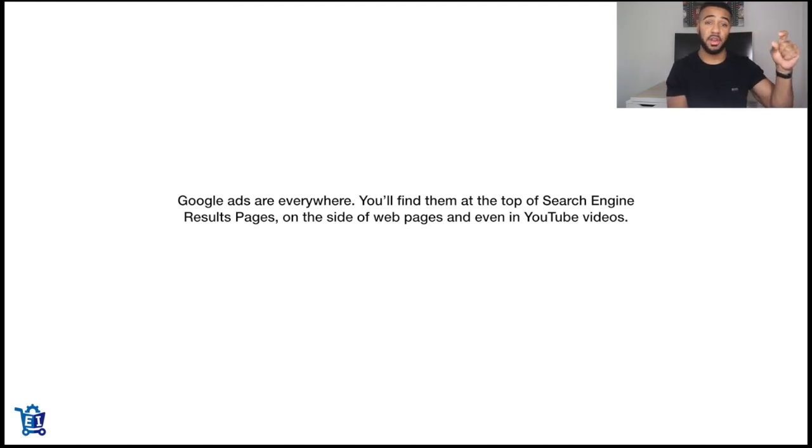And typically, the very first listing that shows up on the search engine result page is an ad, because people that are paying to show up for keywords or search terms automatically show up first. If you ever see display banners, I'm going to show you some examples, but if you're ever on Forbes or a news website, and on the side of the page there is a banner that shows up for a product that you were maybe looking at, or a product you may be interested in, or just an ad in general, those are called display ads. And then on YouTube, you get hit with ads that show up before the video starts, or you also see a banner on the right hand side of an ad that's being advertised on YouTube. So I'll show you some more examples now.